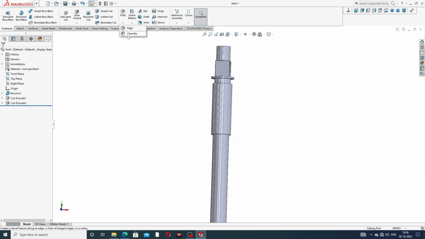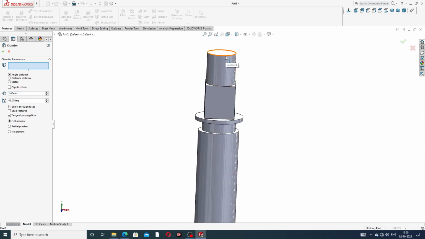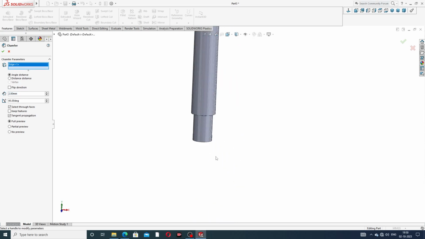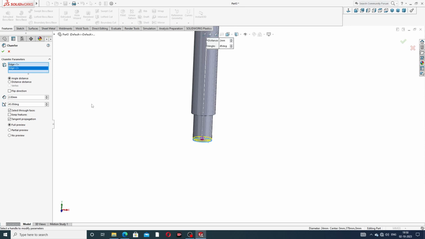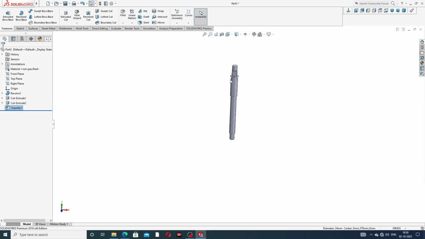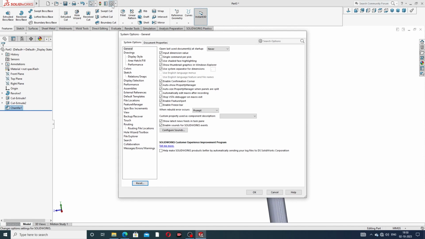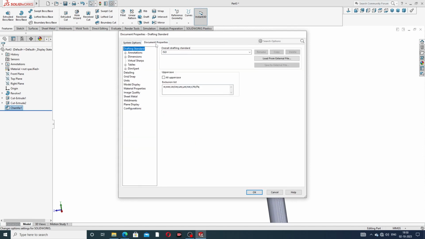Okay, and use a chamfer. Chamfer is this 2 millimeter and 45 degree angle. Both sides, this first, and then click the second, and okay, click OK. Both sides are perfect. And cosmetic thread is also perfect, because at first going to Options and Document Properties